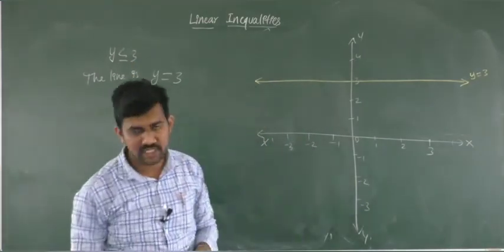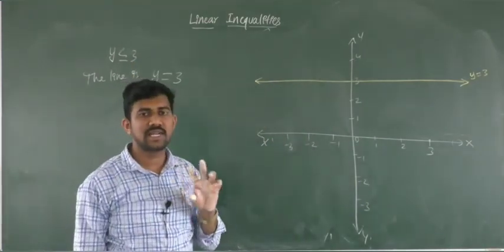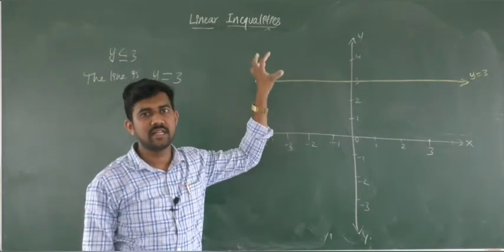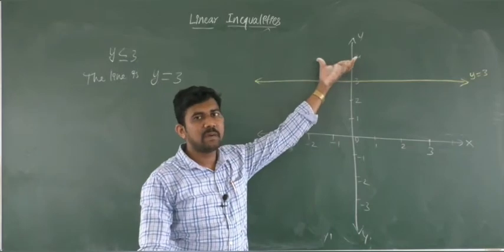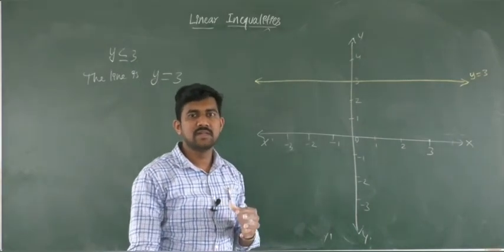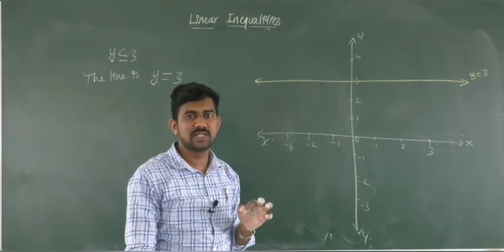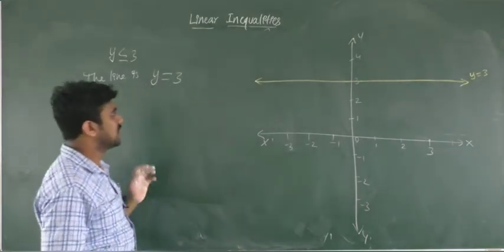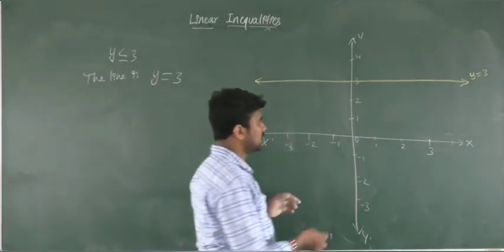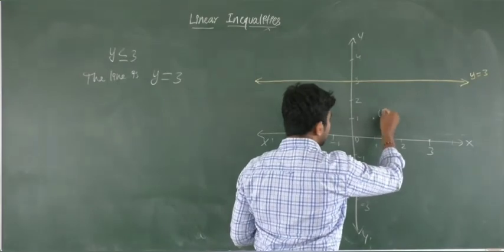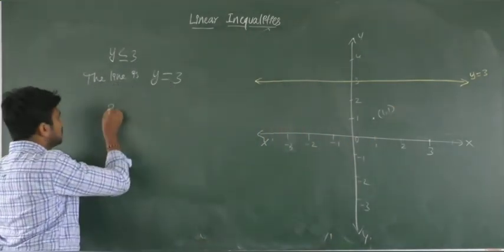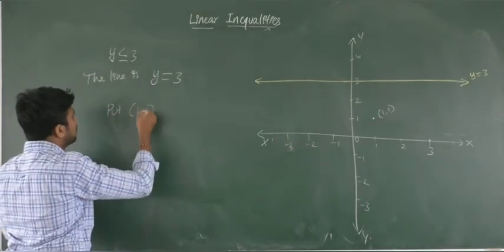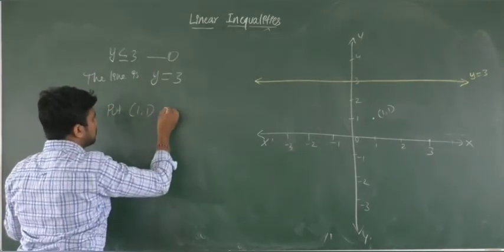Now, to check the solution region which lies other than the line in the plane. Here the line divided the plane into upper half plane and lower half plane. So, which half plane is the solution region? To check that, consider any one point which does not lie on the line. Again, the simple point (1, 1) I'll consider. So put (1, 1) in the given inequation.